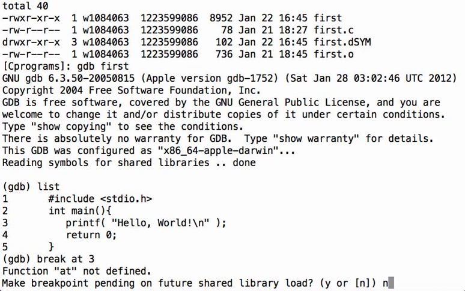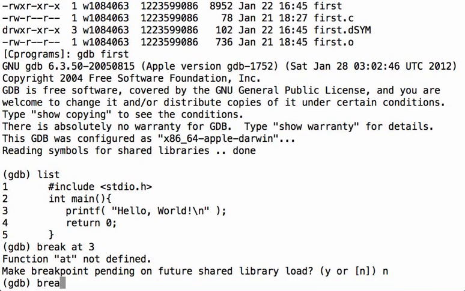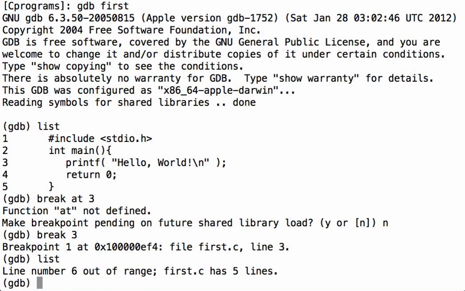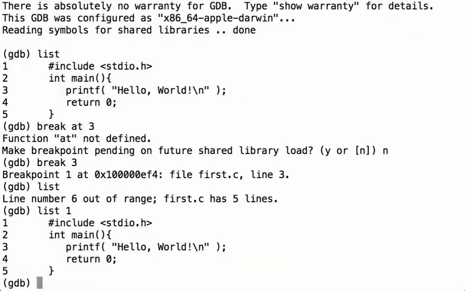Let's see. Maybe it's break 3. Okay. So break puts a breakpoint at line 3. If you list it and you say list 1, it's not obvious that it's there. And so what I've done is set a breakpoint at line 3, and